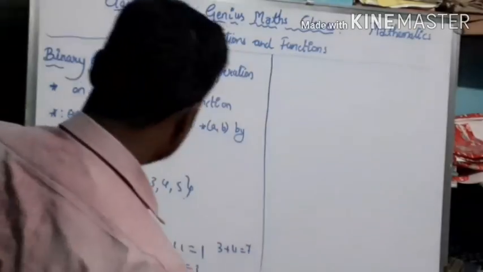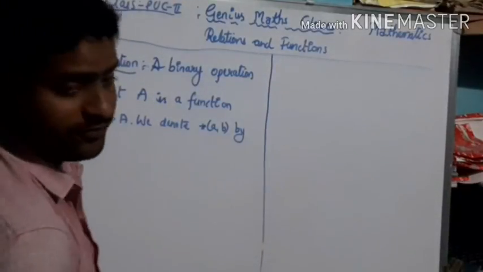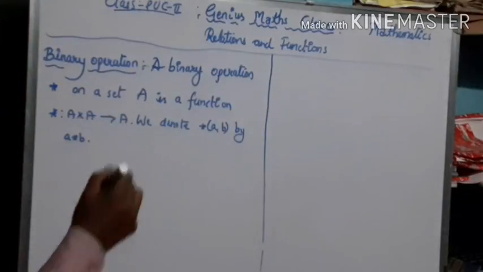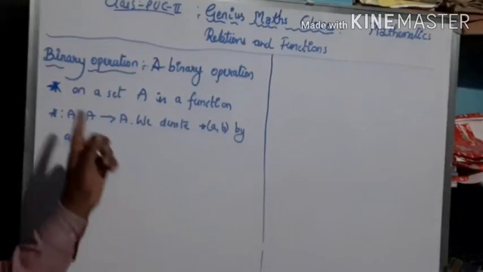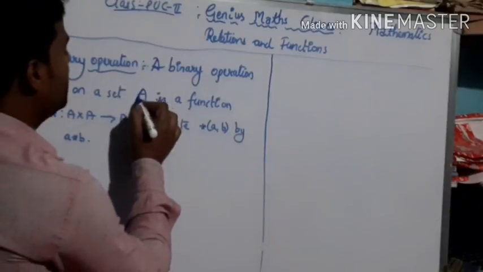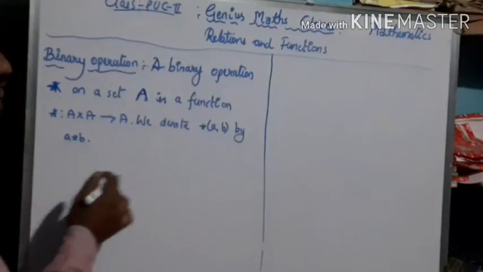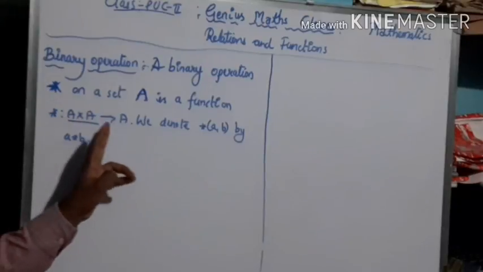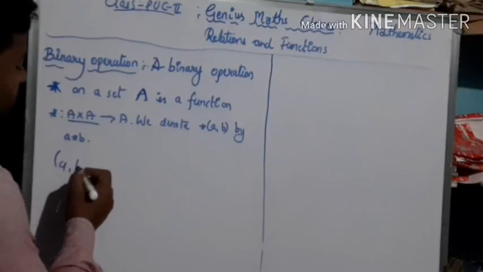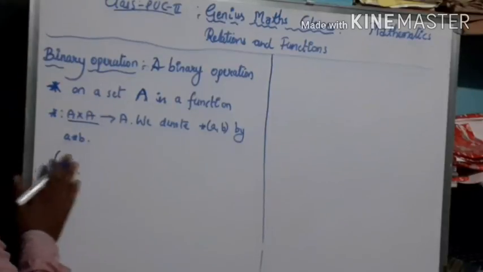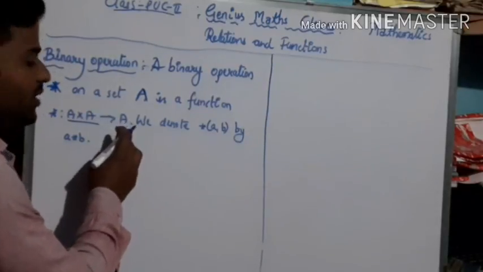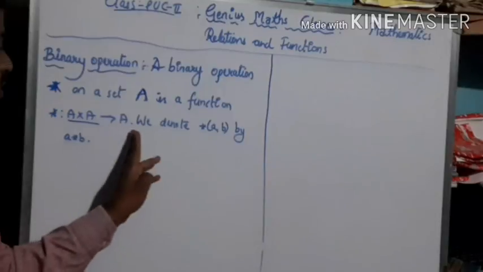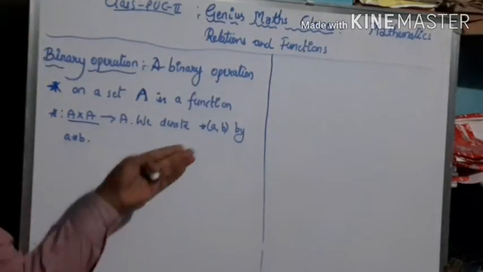So is it clear? Okay, let me define this. A binary operation we can denote like this: asterisk. You can call it an asterisk or star symbol. It is a star symbol on a set A. It is a function from the set A cross A, because we are considering elements from the set. We consider two elements a, b from this set A only, which will give the resultant in A only. If you consider any two elements from this set, the resultant must also be in this set only. This is called a binary operation.